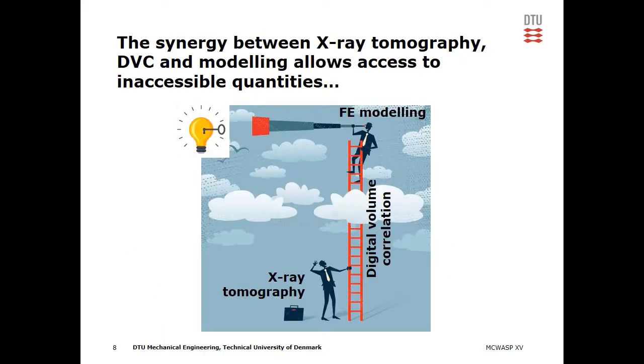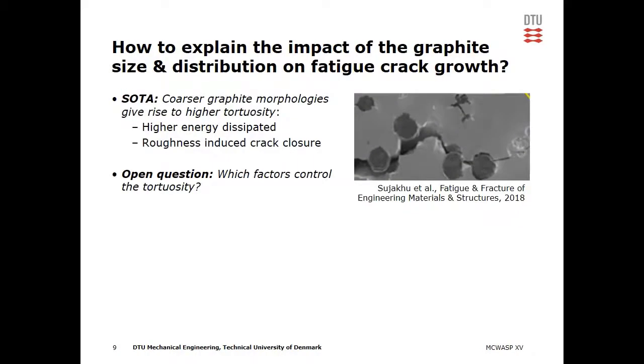And the combination of tomography, digital volume correlation, and finite element modeling can also be exploited to estimate quantities which are either difficult to measure or difficult to estimate with modeling tools alone. And in the final part of my talk today, I want to show you an example of this, which relates to a long-standing problem in ductile iron, which is how to explain the impact of the graphite size and distribution on